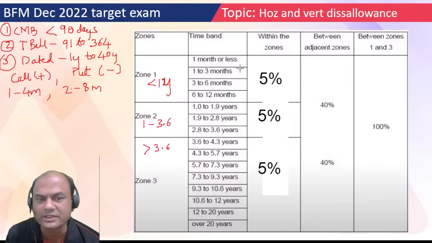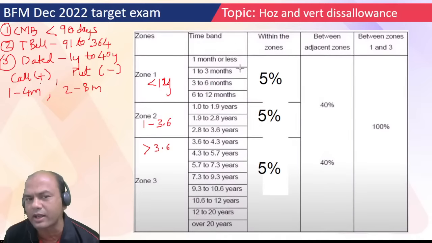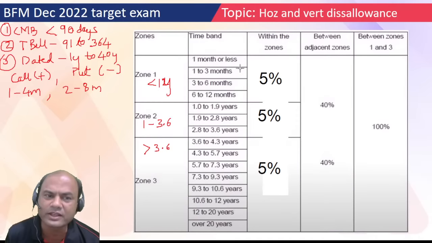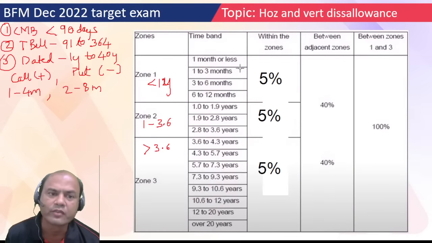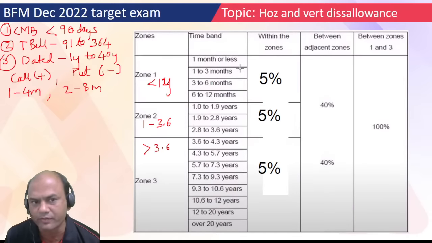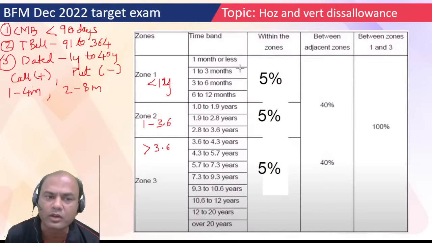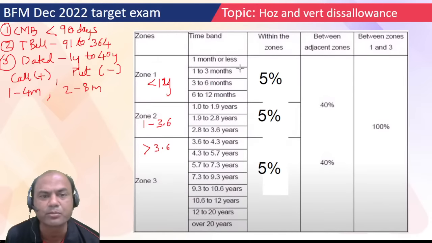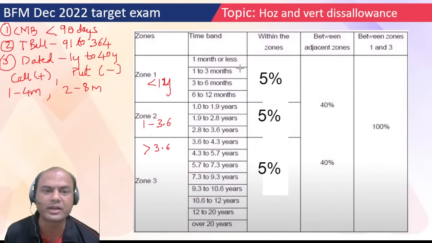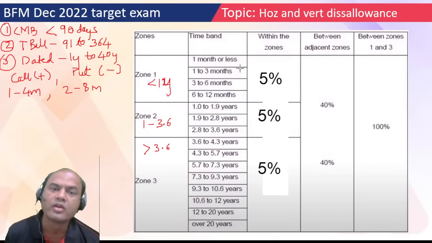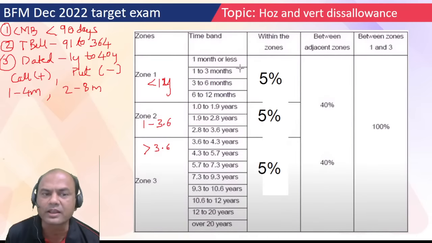Now if I have to adjust these two bonds, one very important criteria is, can you adjust plus with plus in your normal life also? Can we adjust plus bond with plus bond? Never. We adjust plus bond with minus bond. So whichever bond is having the call option, that can be adjusted with the put option only. Whichever bond is having the put option, that can be adjusted with the call option only. Two bonds with the call option can't be adjusted.